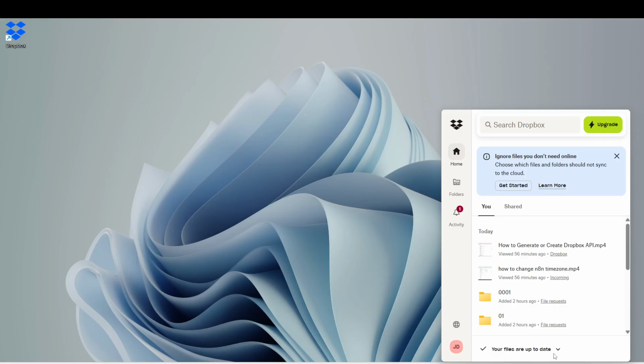You may also see indexing, which indicates the app is actively scanning for new file changes. This process is important because it allows Dropbox to recognize updates you've made and prepare them for syncing. It's a sign that Dropbox is working behind the scenes to keep your files organized and current.